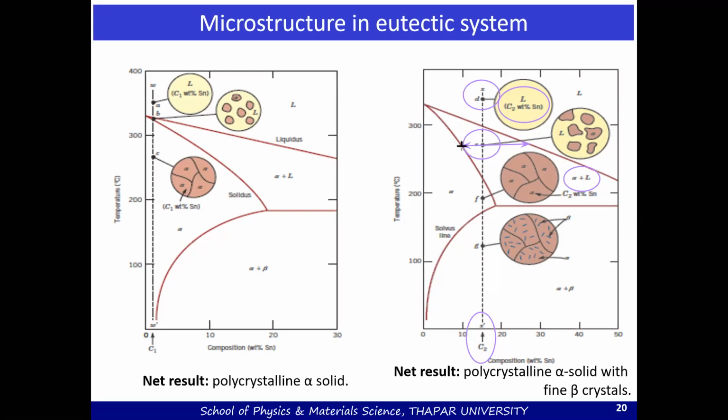The one that is intersecting with the solidus line will give you the concentration of the alpha phase. So your concentration of the alpha phase is close to 10 weight percent of Sn, while the liquid is having its concentration, which will be slightly lower than 30 weight percent, let's say